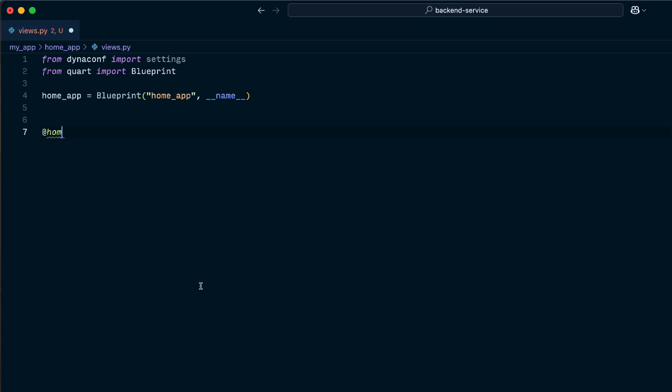Just like in Flask, we use the route decorator to define our routes, but here we use home_app.route instead of app.route, because we're defining routes for our blueprint rather than the main application. All routes defined in this blueprint will be relative to wherever we register the blueprint in our main application. For example, if we register this blueprint at /home, the full URL for this route would be